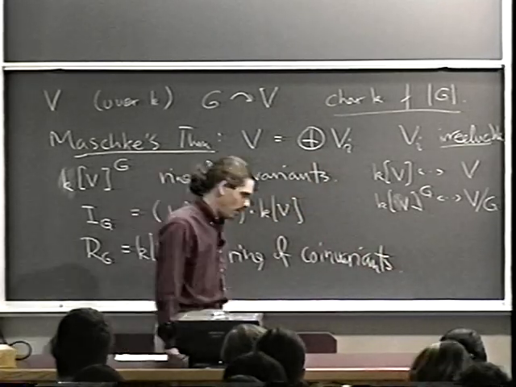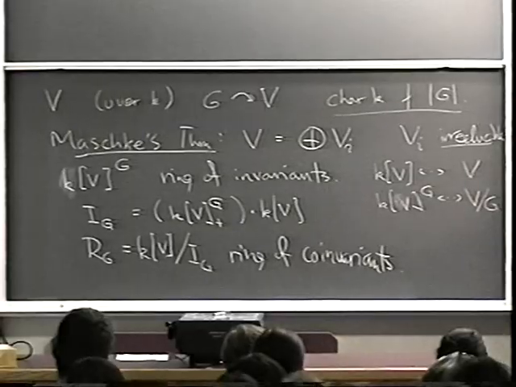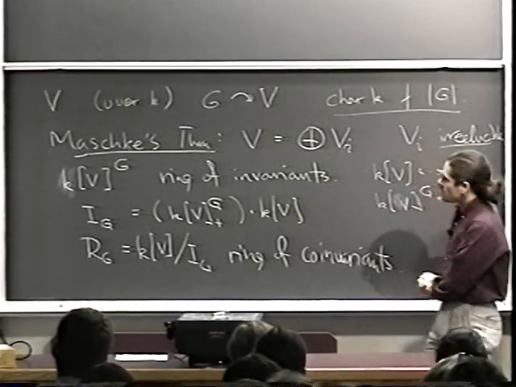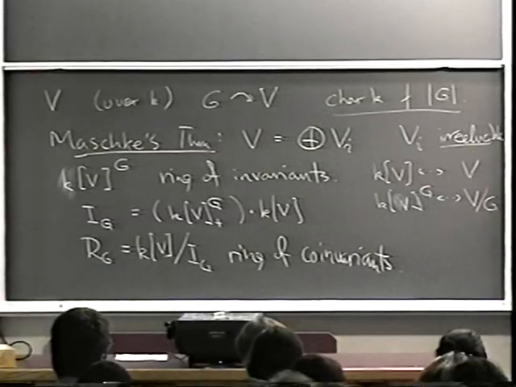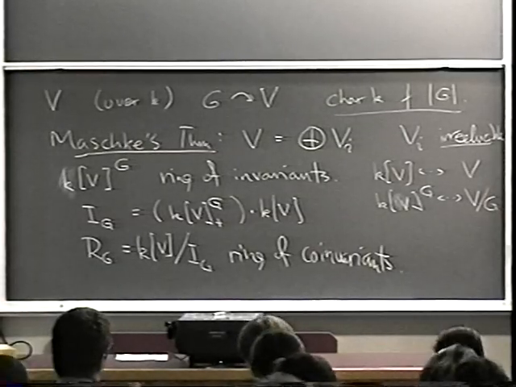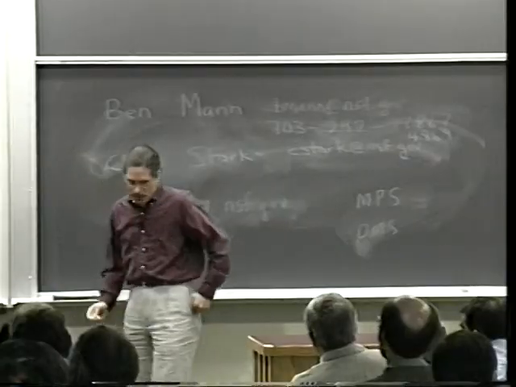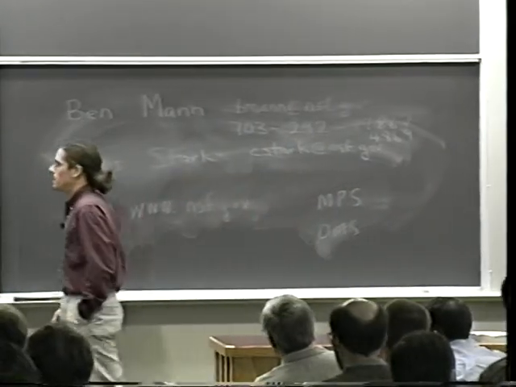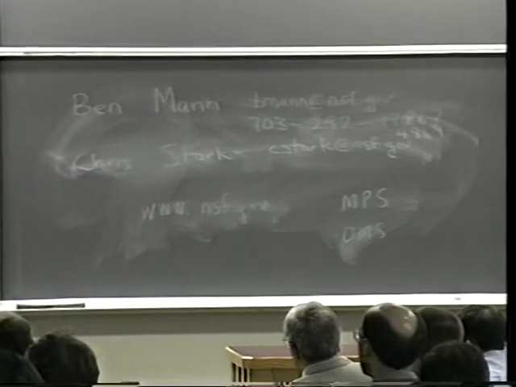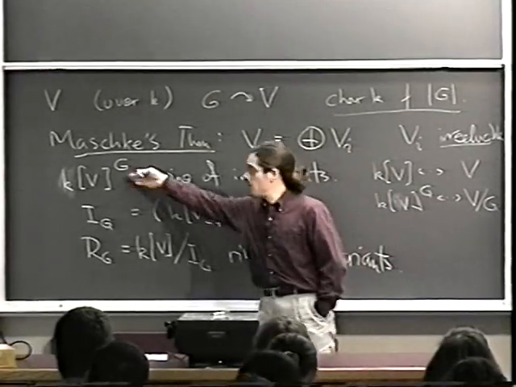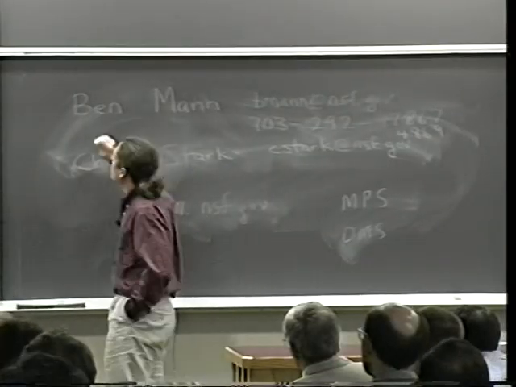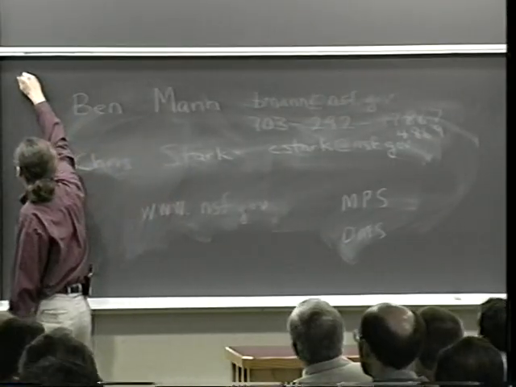Not to be confused, by the way, with covariance, which is something else. Okay, so what's the relationship between these two things? Well, there's a famous lemma of Hilbert, which is sort of the basic key to his demonstration that this ring is finitely generated. That was Hilbert's 14th, I think, problem. So let me write that down. So Hilbert's lemma